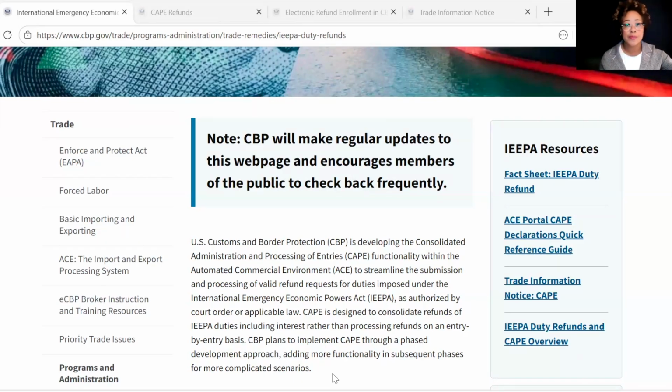So last but not least, I want to talk about post-summary corrections. Filers are prohibited from initiating IEEPA duty refund requests by filing a PSC, post-summary correction. So PSCs that are filed due to requesting a refund for entries eligible for duty-free treatment due to the lapse of, for example, the AGOA, the African Growth and Opportunity Act, or the Haiti Hope Help Agreement from October 1st, 2025, which went through February 3rd, 2026, or any other issue, those should be filed